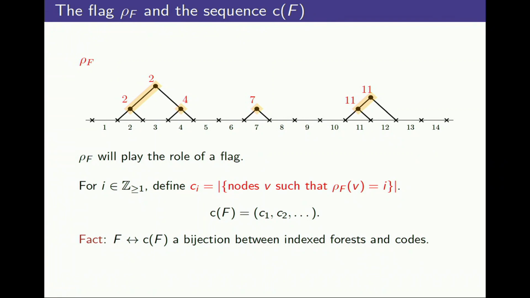Any indexed forest is the same data as a code. So I'm just transforming the code of a permutation into this indexed forest. So this is a bijection between codes, Lehmer codes, and indexed forests. So anything that's indexed by codes can now be indexed by indexed forests. Schubert polynomials can be indexed by codes. If you read Lascoux, they are. So this is also something that's indexed by codes.